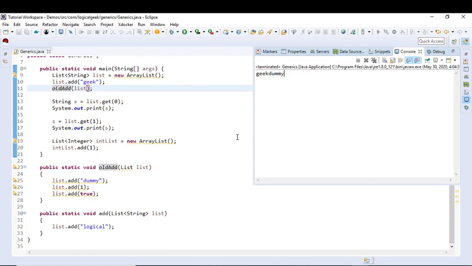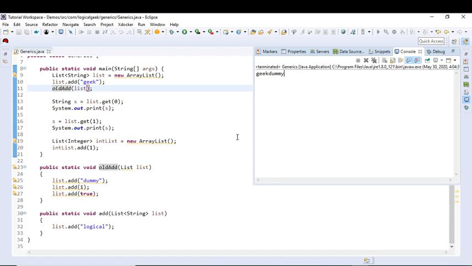But one of the questions we have right now is, okay, sure it compiles, but why does it run? Why does the code that inserts the wrong thing into my list work at runtime? In other words, why does the JVM add an integer into a string collection or a boolean into the string collection? It's just a total violation of your type safety. To understand that, the JVM has no idea that your array list was supposed to hold only strings. This typing information does not exist at runtime. All your generic code is strictly for the compiler only.